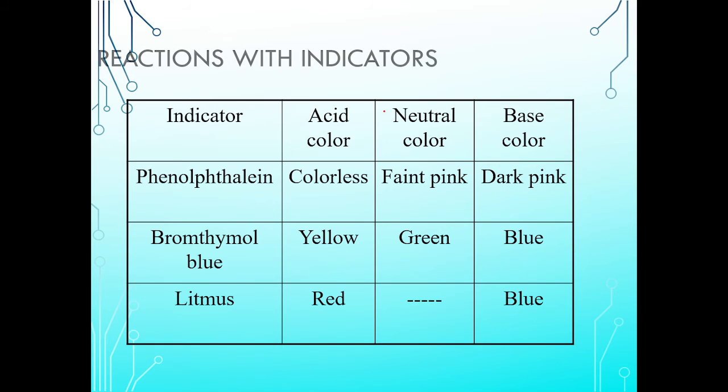Then we move to the next one, that is reaction with indicators. So when we go through the reaction with indicators, we have seen a lot of indicators like turmeric, like methyl orange, right? I have chosen a few more, right? Like one, this is new to you, okay? That is bromothymol blue. It is basic in nature. So whenever the base is there, it will be blue in color. Whenever the acid is present, it will turn to yellow.